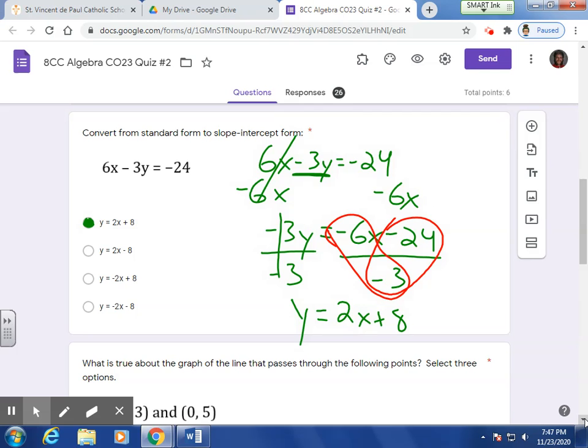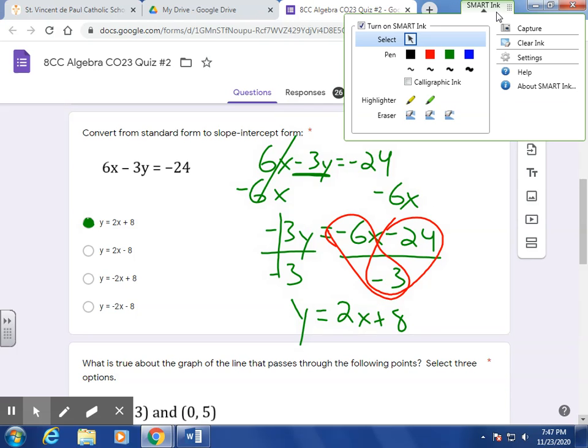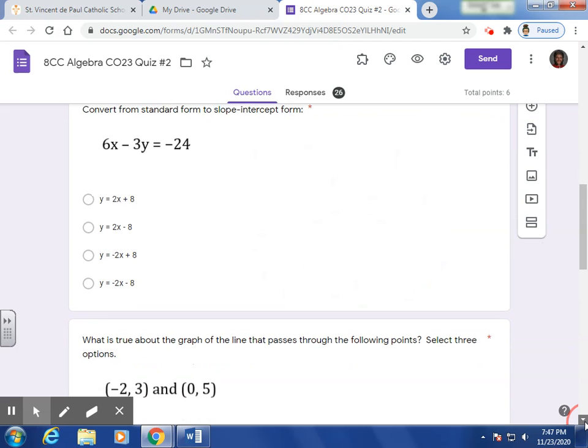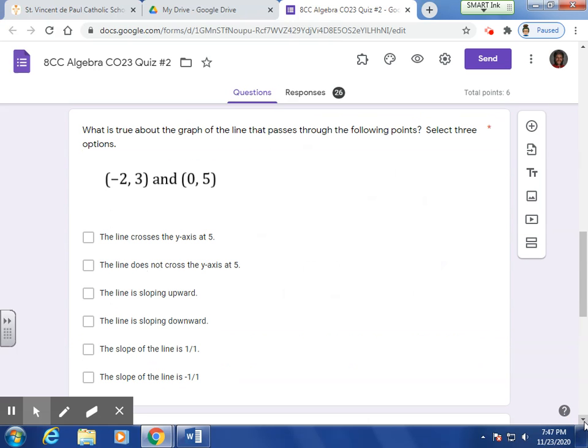All right, and then the question here, what is true about the graph of the line that passes through the following points? Select 3 options. Basically, you were deciding, which one in each pair here was correct, right? Does the line cross the axis at 5, or does it not cross the y-axis at 5? Well, the y-intercept, since I give you this point 0, 5, the y-intercept being 5, the line does cross the